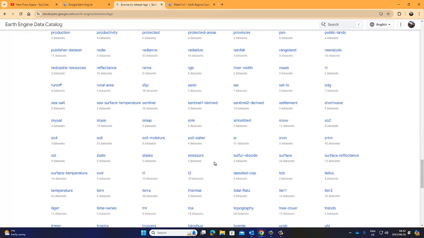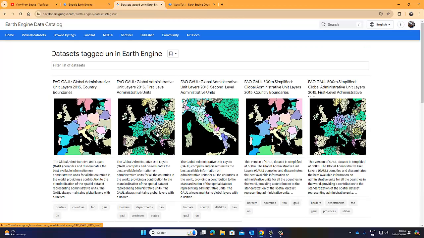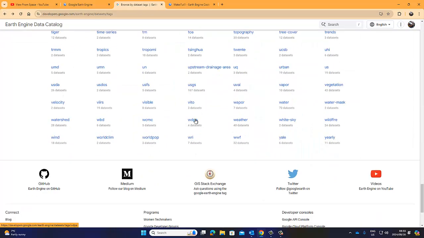M, N, P, Q, it's U, V. Yeah, so there's U. Underground, nope. I don't know what "un" means. Let's have a look and see what it means. Oh, this is unit layers. Okay, so that's not much. So we're going to go to water. And you'll see if we have water, we have water mask, watershed. So there's a couple of tags that relate to water. So within water, let's go for this one. I would assume water mask and watershed would also be included in the main tag, which is water. So if you press on water,